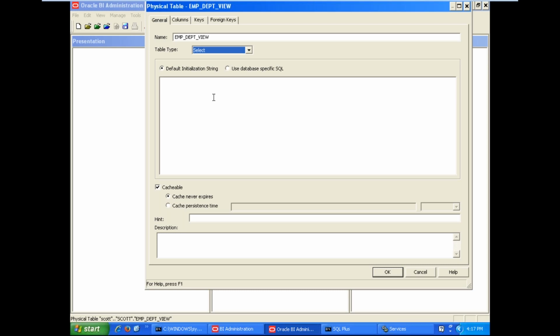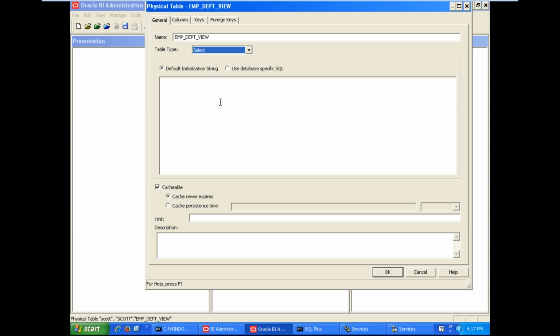For example, if any column has null values and you want to replace those null values with some other not null value while retrieving, we can use a function for that. You can write any SQL query here.